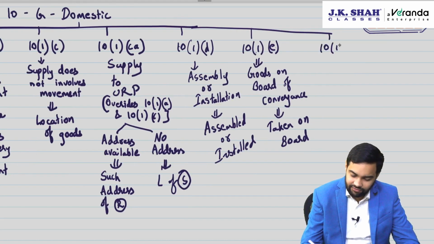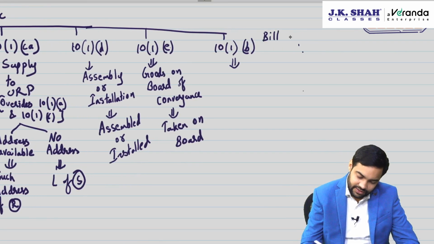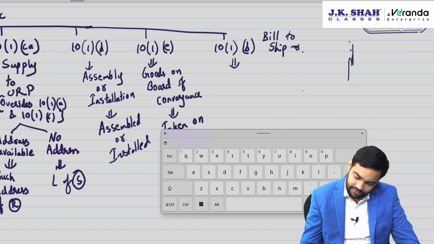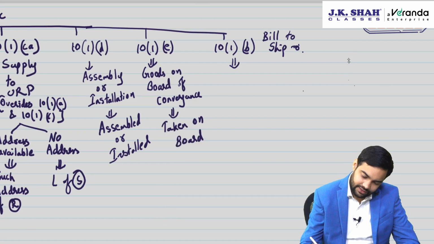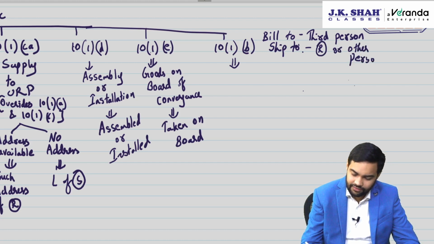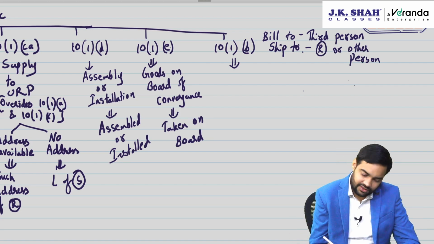Then you have the last one, which is very important, 10.1b. I kept it for the end. Bill to ship to transaction. Billing done to one person, shipping done to one person. The person to whom you bill is called the third person in this. And the person to whom you are shipping is called the recipient or other person. Because he can be a recipient, final recipient, or he can be some job worker, and that's why the term other person. So the law says